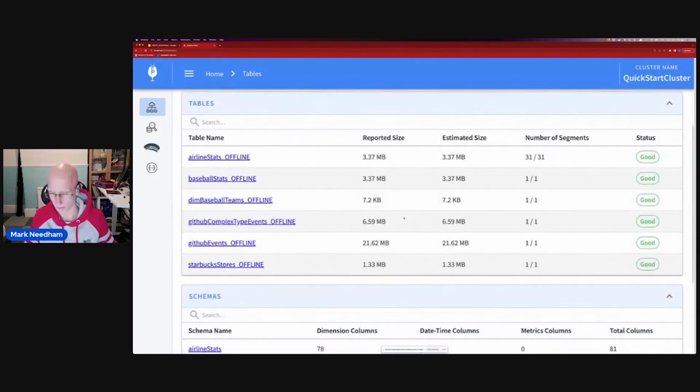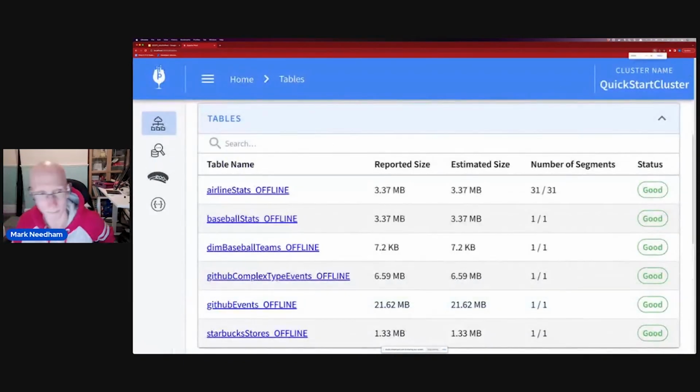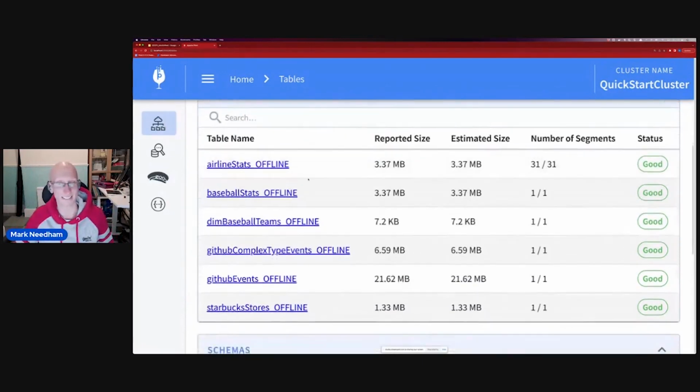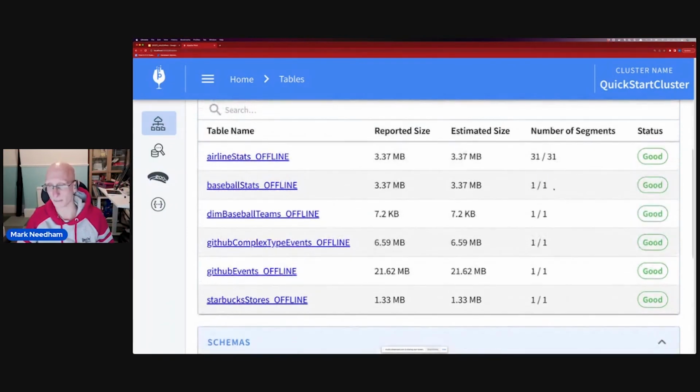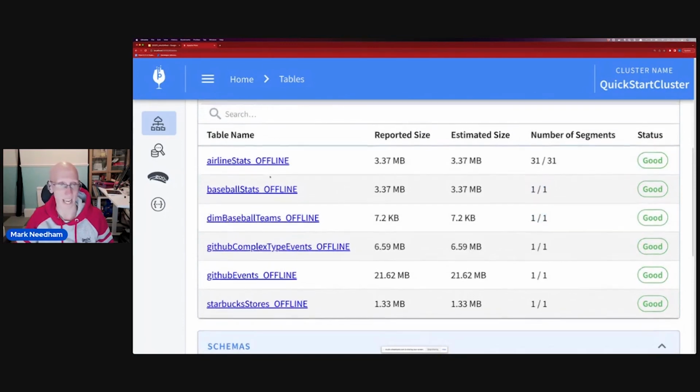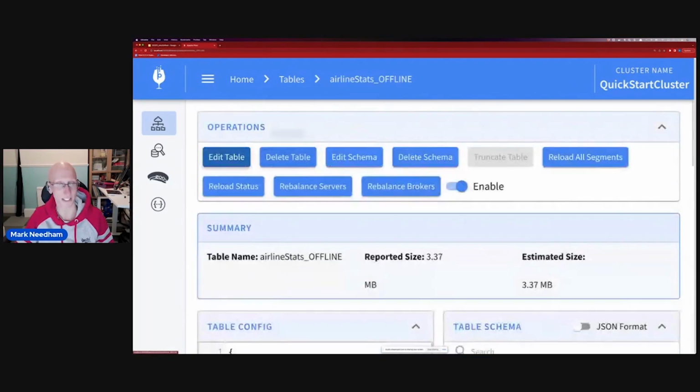So hopefully it's big enough. Yeah. So you can see we've got airline stats, we've got baseball stats. We've got dim baseball team. What this means is a dimension table, so this is just like a lookup table. We got GitHub events and we got Starbucks stores. And most of them have got one segment. Only the airlines has got 31. So if we click on airlines,